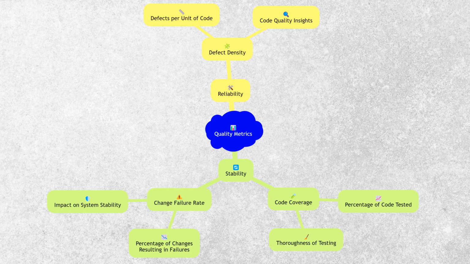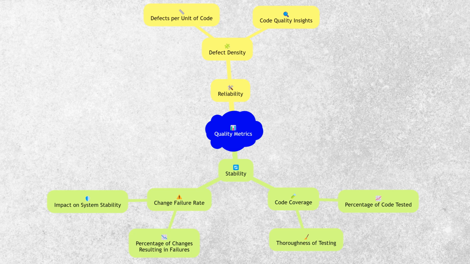Quality metrics focus on the reliability and stability of the software being developed. Important quality metrics include defect density, code coverage, and change failure rate. Defect density measures the number of defects per unit of code, providing insights into code quality. Code coverage assesses the percentage of code covered by automated tests, indicating the thoroughness of testing. Change failure rate tracks the percentage of changes that result in failures, helping teams understand the impact of their changes